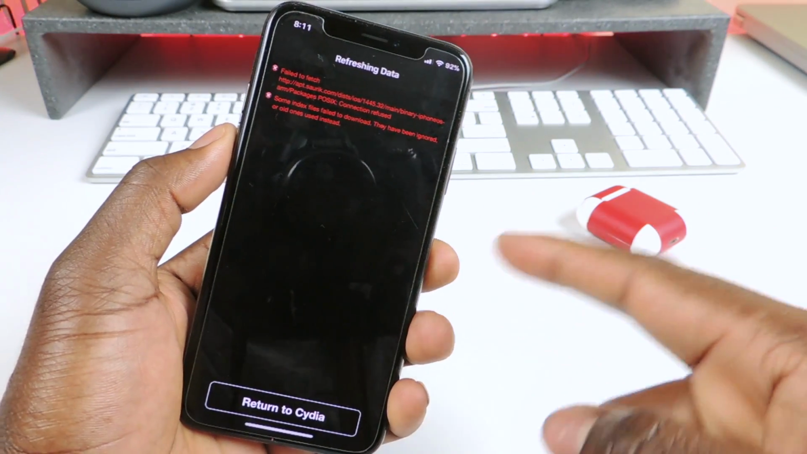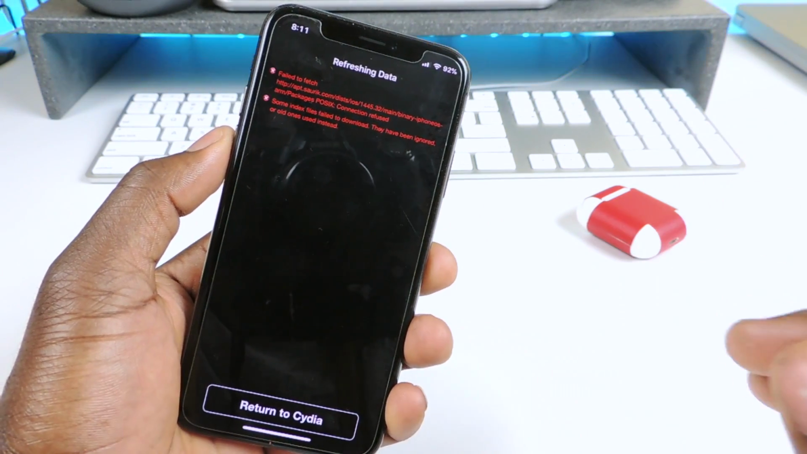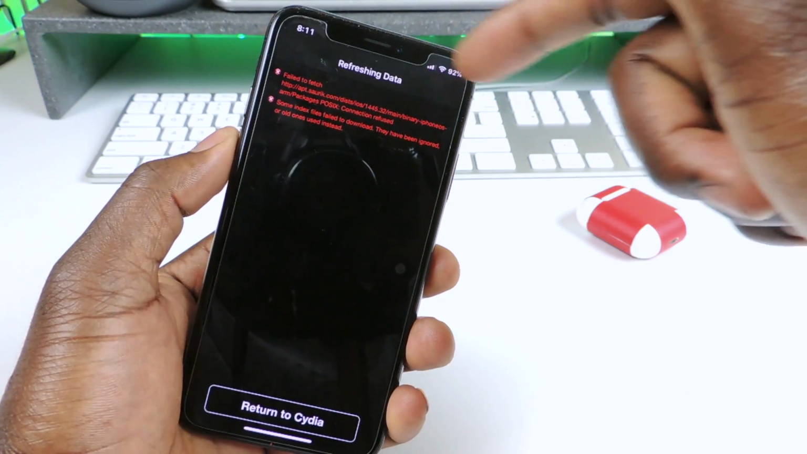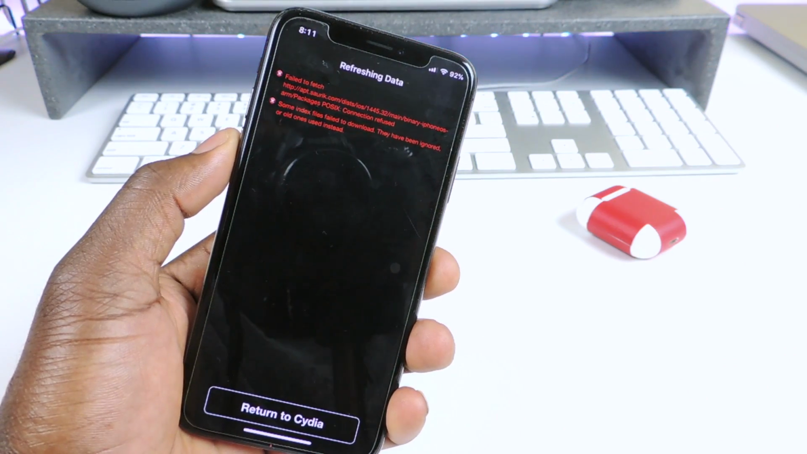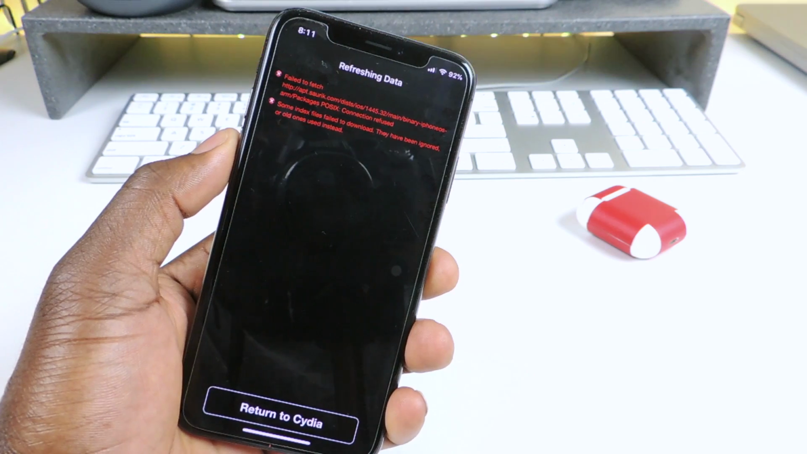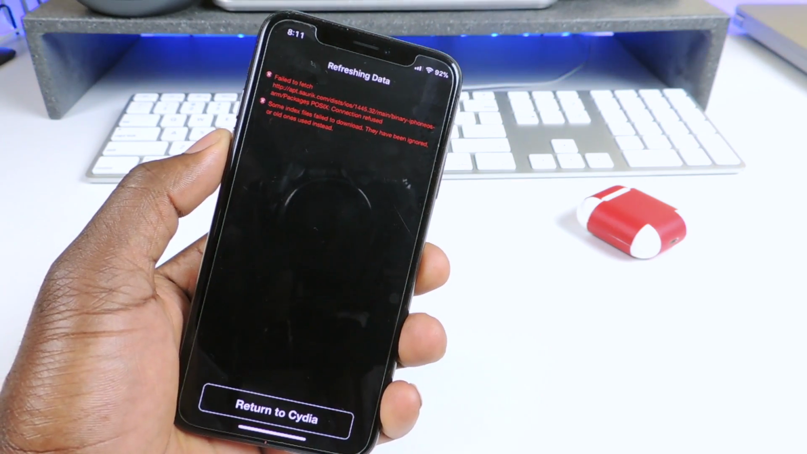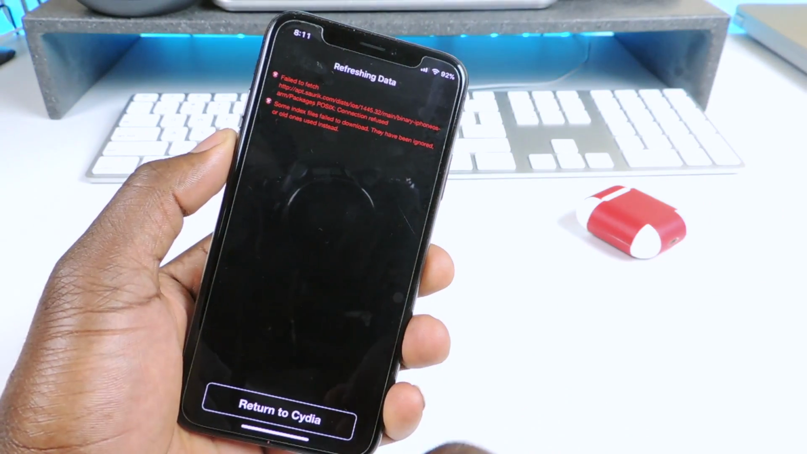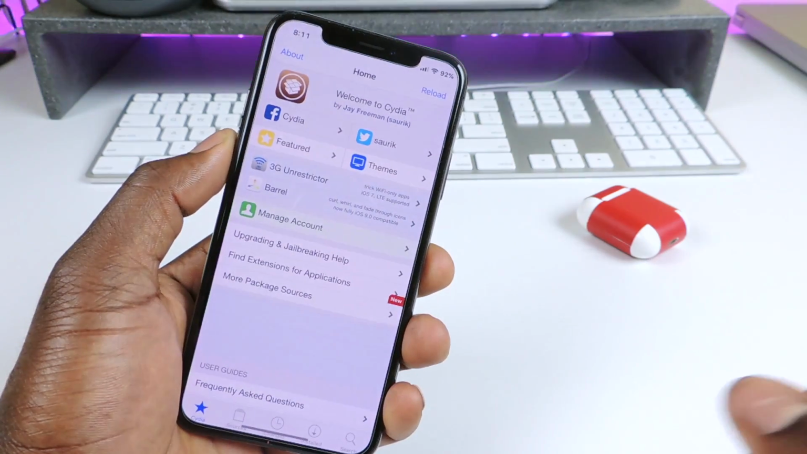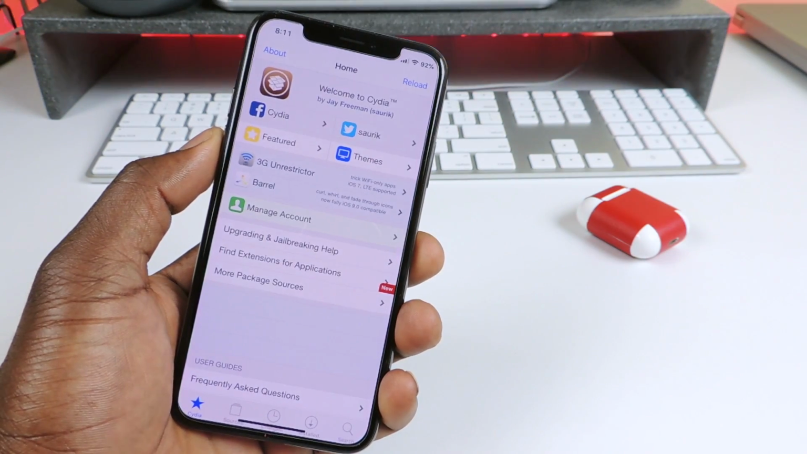If you get this when you open Cydia, don't worry about it. It's not a big deal. It's because this is Sarik's repo, and remember Sarik's repo blocked Cydia, stopped Cydia from working, so the updated Electra basically blocked the repo. So just hit return to Cydia,